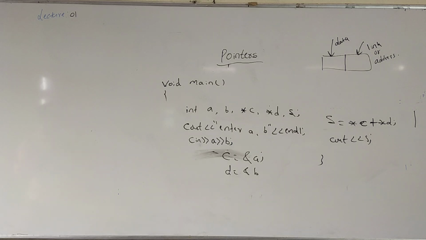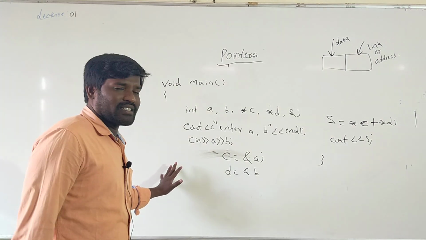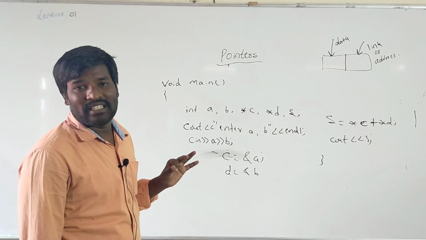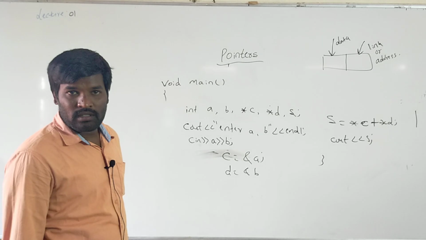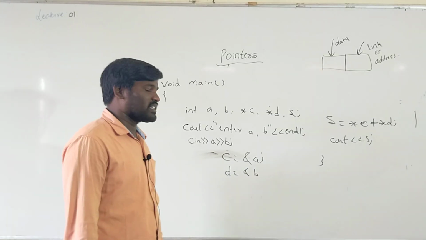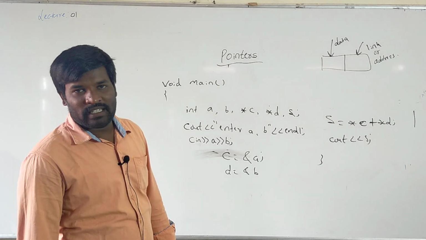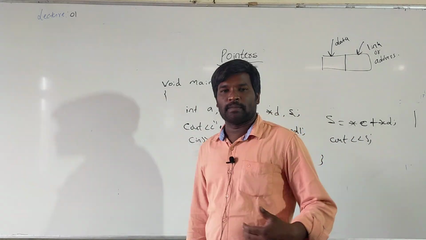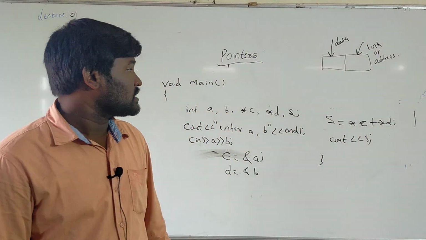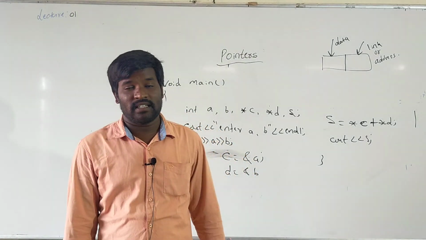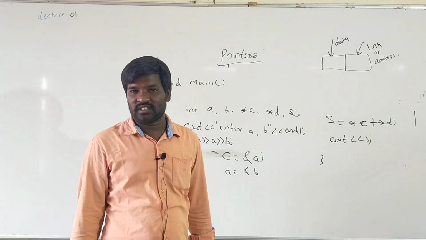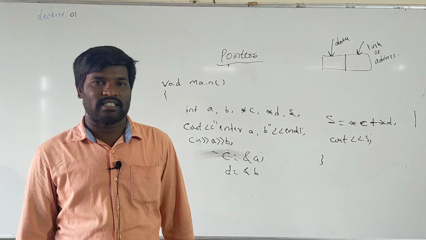Okay, so this is the example for pointers. You can consider any example. Directly, values cannot be initialized in the pointers. The main advantage of using the pointer is to return multiple values to the function. It utilizes the memory properly and it is used to implement the data structures. And the memory allocation functions, that is malloc and calloc, are used with pointers.